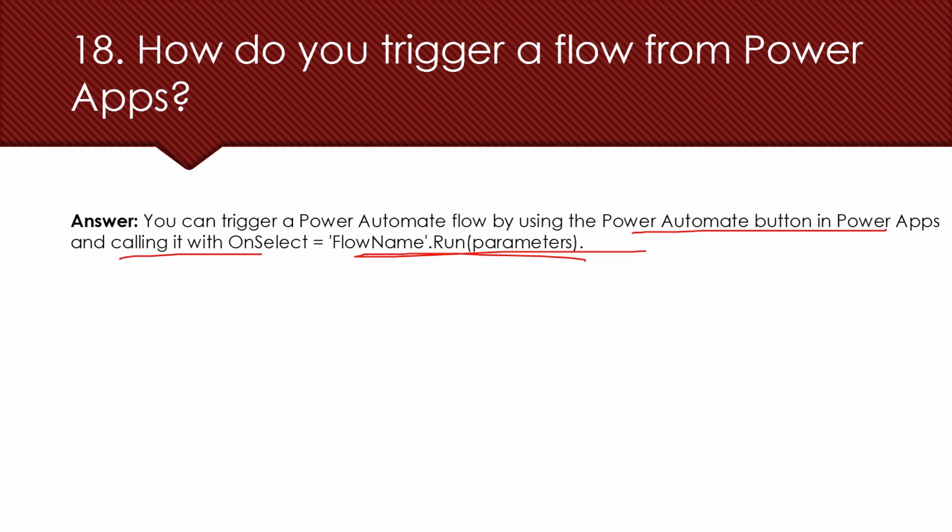For example, let's say there is one screen with one button on it. On the select property of that button, I can use the syntax of my flow name, dot run, and pass all the parameters available inside my Power Automate flow, and my flow will be called. But there is one condition: both